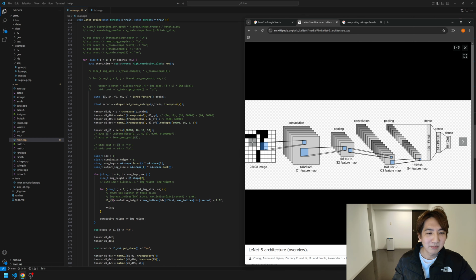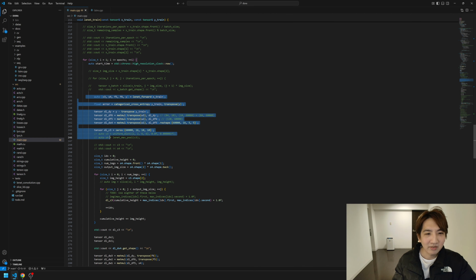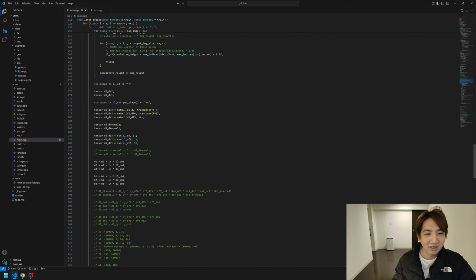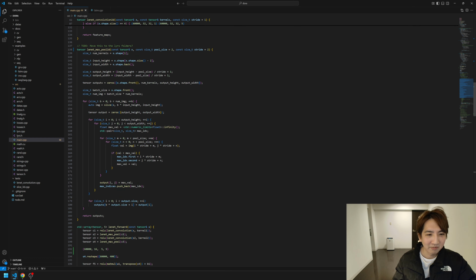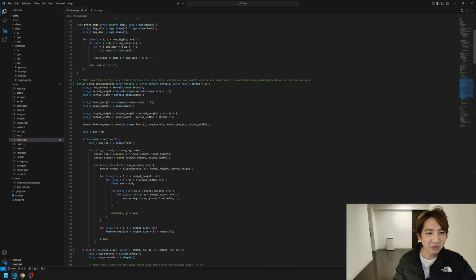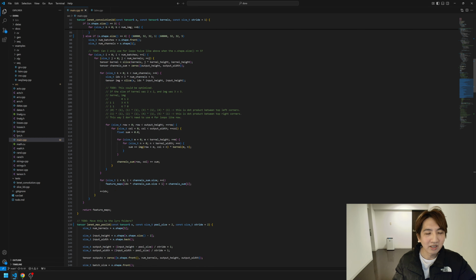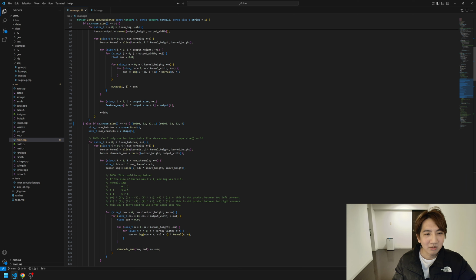Anyways, I've been working on calculating gradients. So these are all the codes for that. And also I made some fix to convolution, this convolution function, where